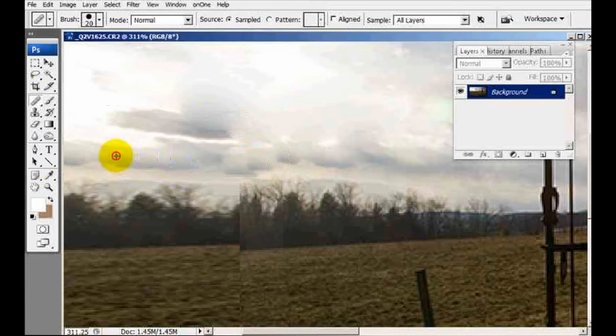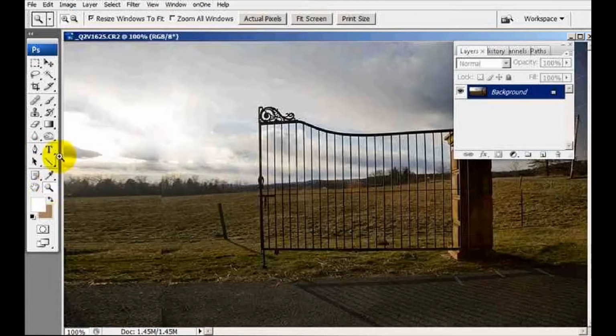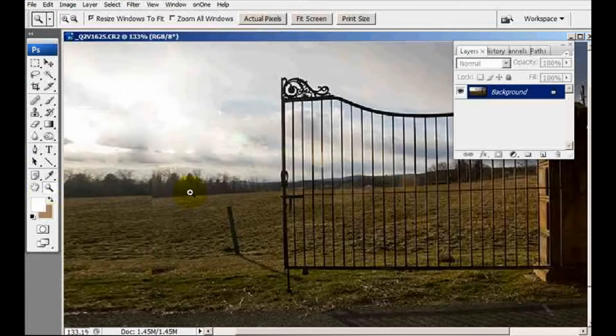I think I'm better off if I do a long stroke, so I'm going to do it right from here all the way down through here. And right in here. Okay, let's get it back to the normal size. All right, now